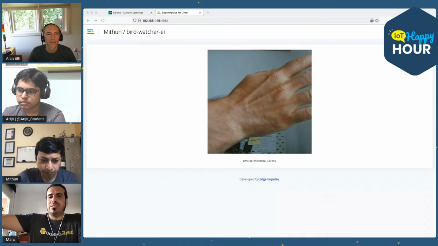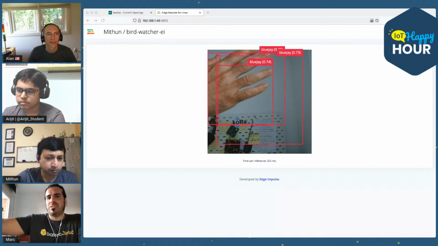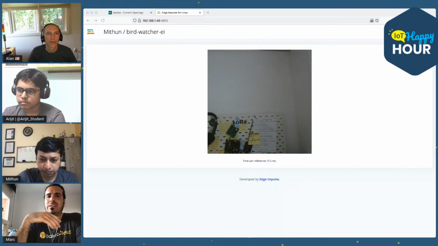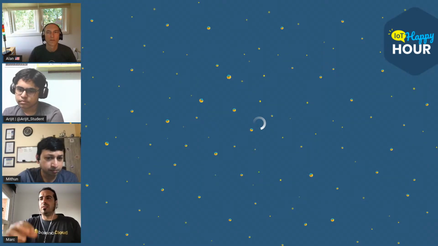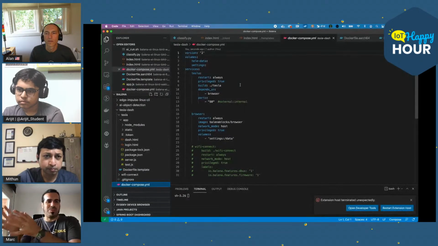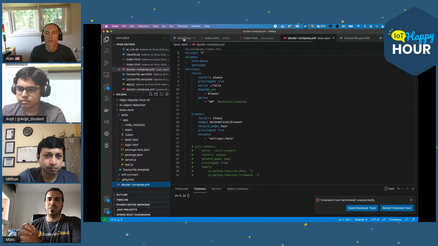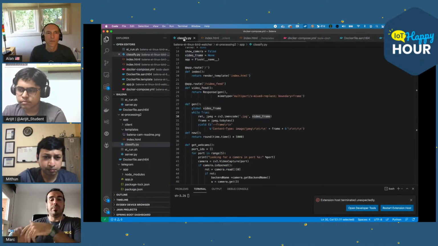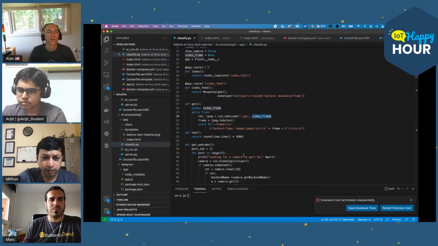So the goal of this project right now is that every time we get a detection from the Edge Impulse model, we send a message to the Telegram service.